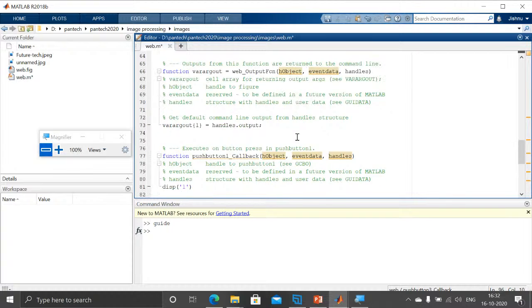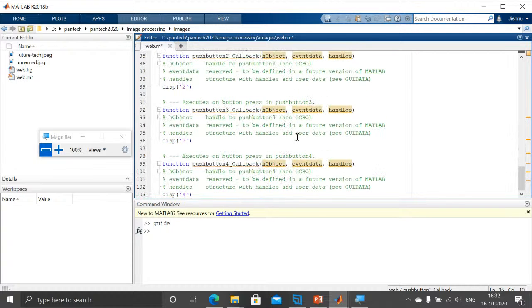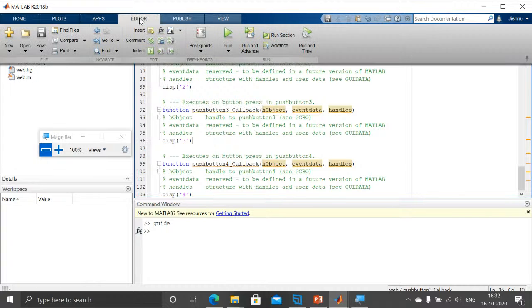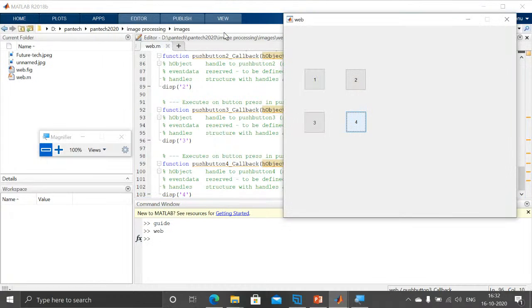Okay, so therefore that particular set of instructions is ready. Now I am saving this code. Click on editor, click on run. So now I will press on 1. So therefore here you can see the 1 has been displayed. Similarly 2, 3, 4, 1, 2,